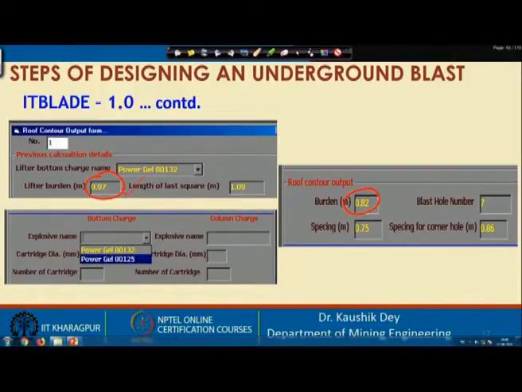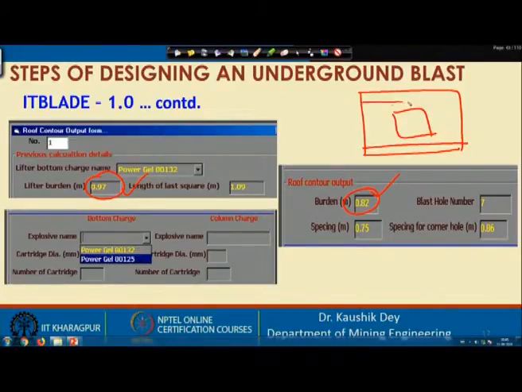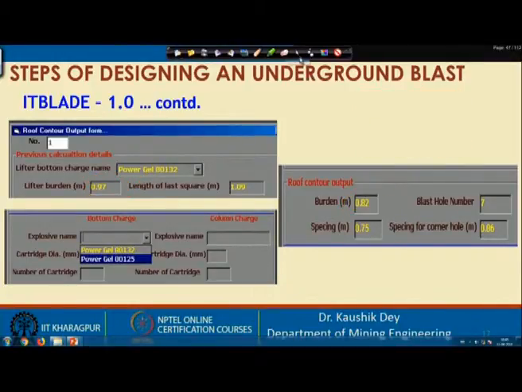So, burden for lifter hole and roof hole are fixed, these are not dependent. So, independently they can be fixed, and at this position you can consider our cut area is now fixed, our lifter area is now fixed, our roof area is now fixed. So, these are the fixed conditions.